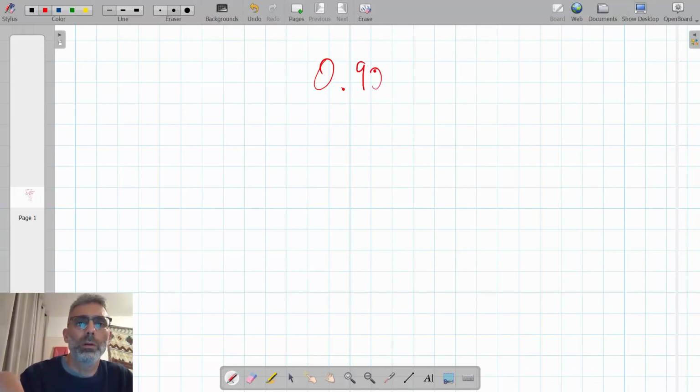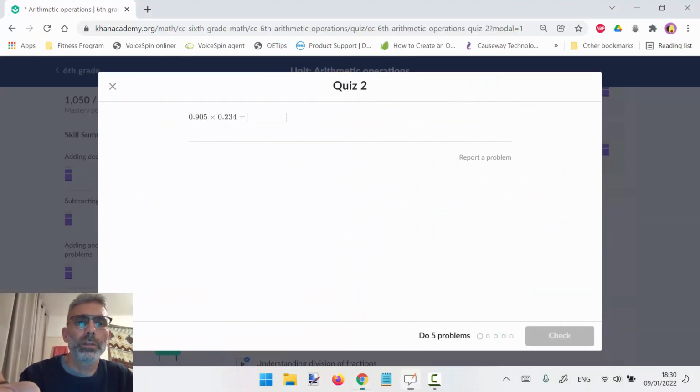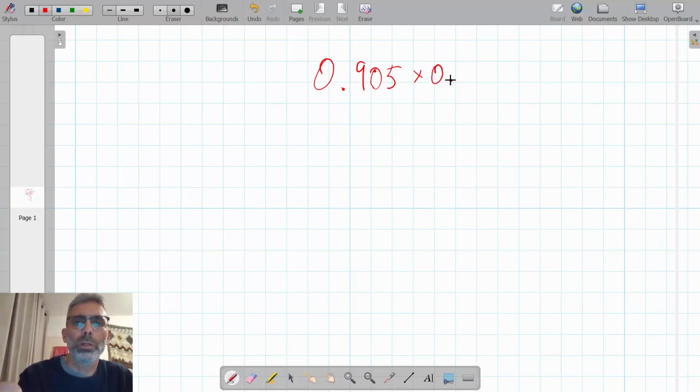0.905 times 0.234. So I treat it as a whole number multiplication problem, and then I just count the number of digits to the right of the decimal point,